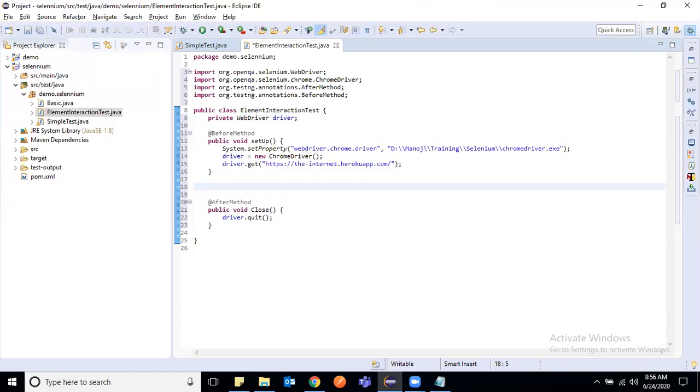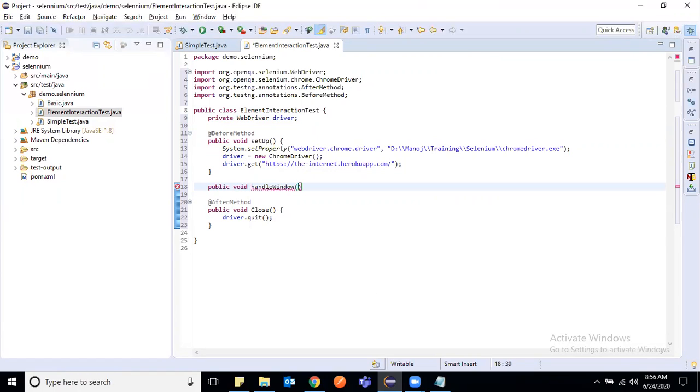Let me first write public void, suppose I give handle window.